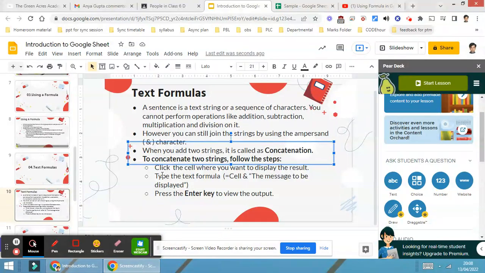When I'm talking about a sentence, it is a text, string, or a sequence of characters. You cannot perform operations like addition, subtraction, multiplication and division on it. Whenever we are talking about text, it is totally different as compared to numbers. On numbers, we are able to apply operations such as addition, subtraction, multiplication and division. But when I'm talking about text, definitely these mathematical operations cannot be